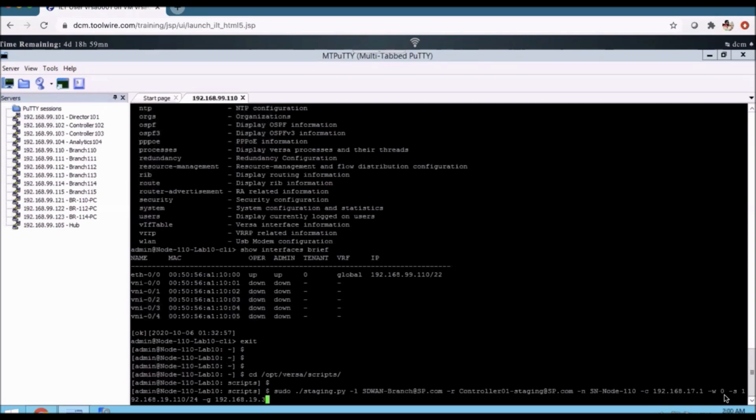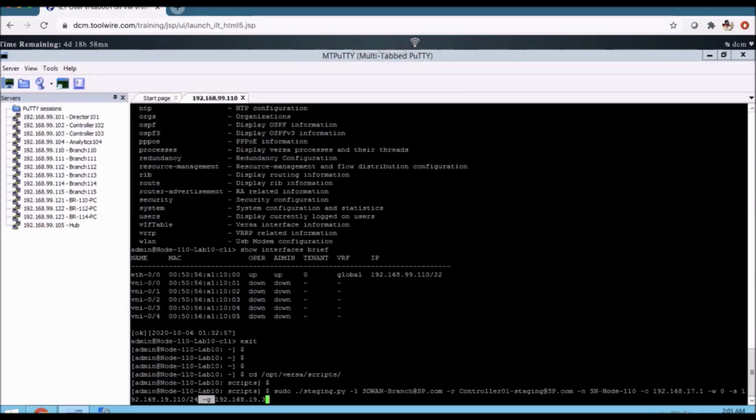If it is 0, it is nothing but VNI 0/0. So if it is 1, it is going to be VNI 0/1. Okay. So based upon our requirement, we are going to mention whether it is a 0 or a 1. Right. -s, which tells the static IP address, and what is the IP address on the WAN interface, and what is the gateway IP address.